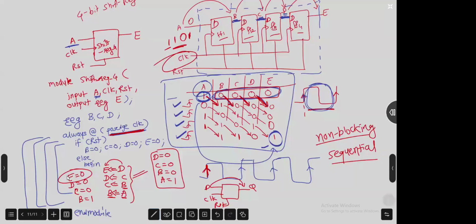And if you have a non-blocking assignment statement, that is less than equals to, then there is no